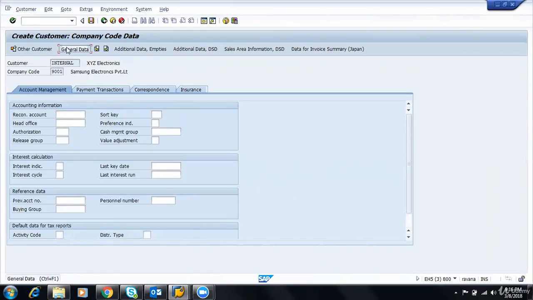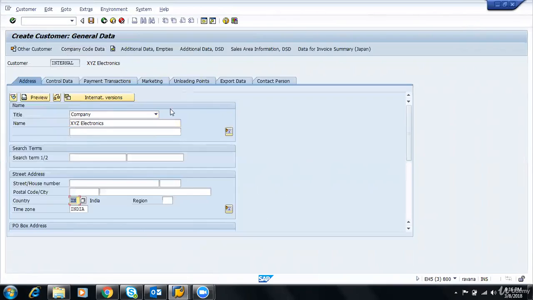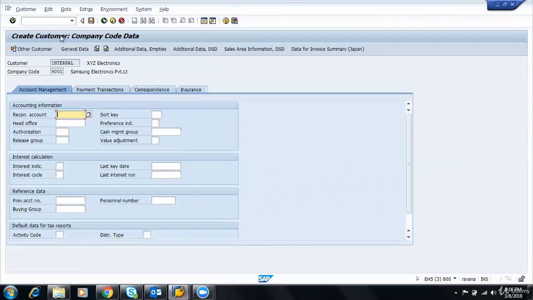Okay. Initially, I was at general data. This is called general data. Look at the heading, it says general data. You used to go to company code data, which is important for reconciliation account. Now I'm in company code data. If you wish to switch back to general data, you can click here. Now,